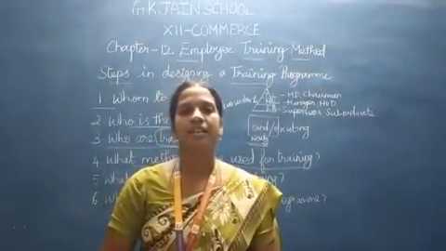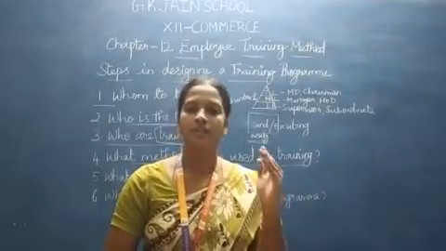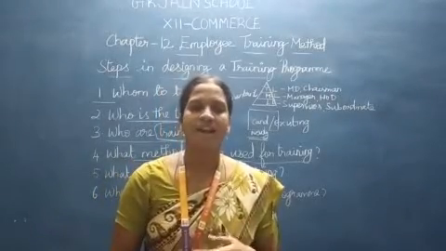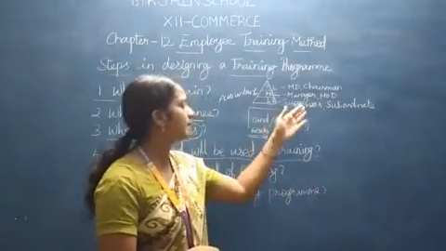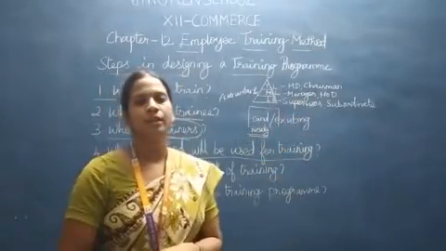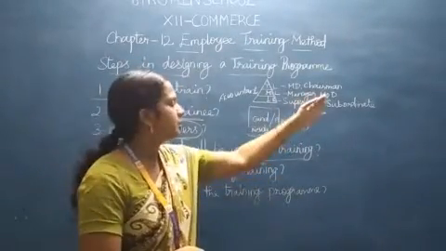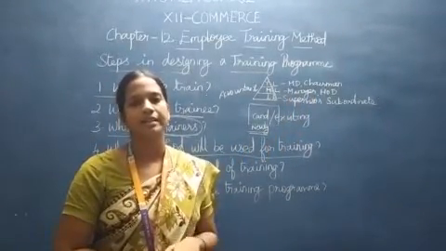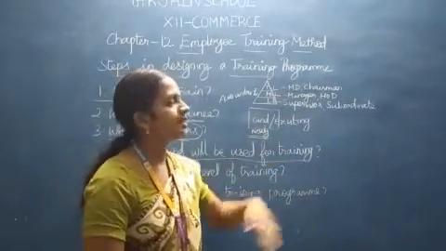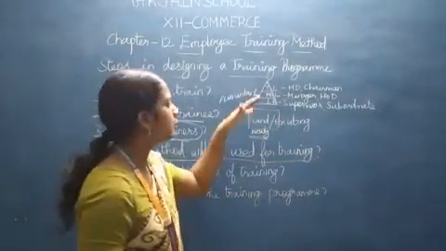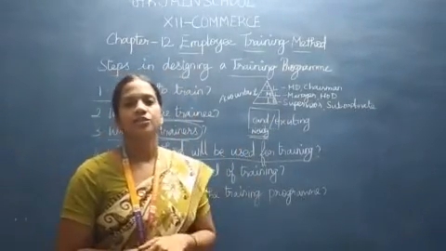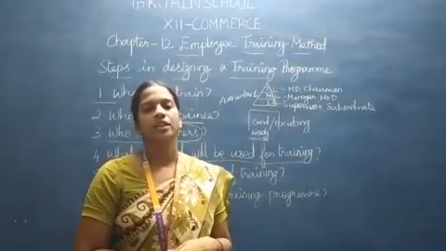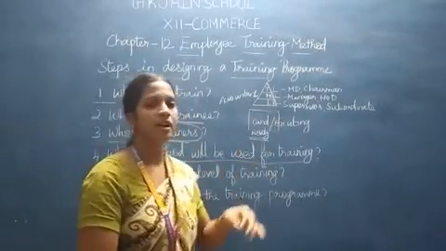So in on-the-job training the trainer will be present. He may be an HR staff or a higher level person. If a supervisor needs to be trained, the manager can train him, or the HOD, the head of each department. We have different departments like finance, production, marketing, sales. Any department person can also train lower level people. If a manager level person needs training, it can be given by a chairman or an MD, because they know the job that needs to be done. So they can also give training to them.